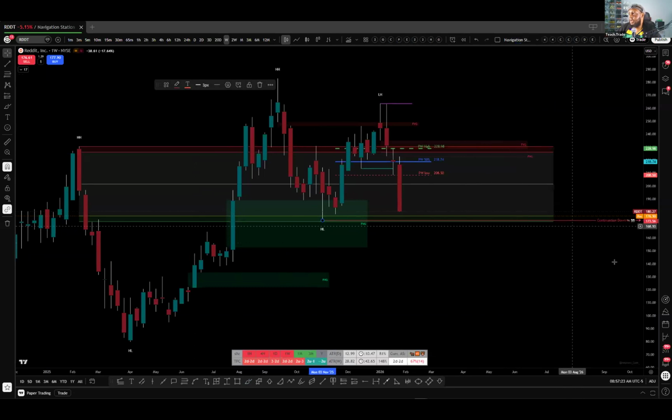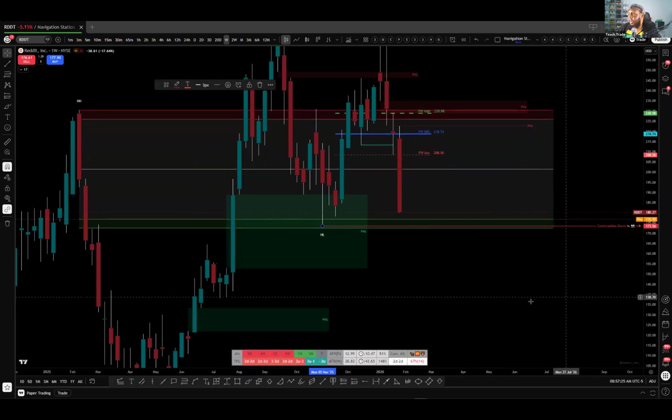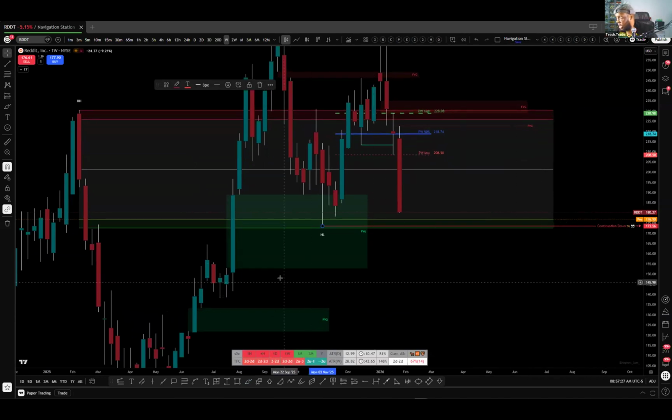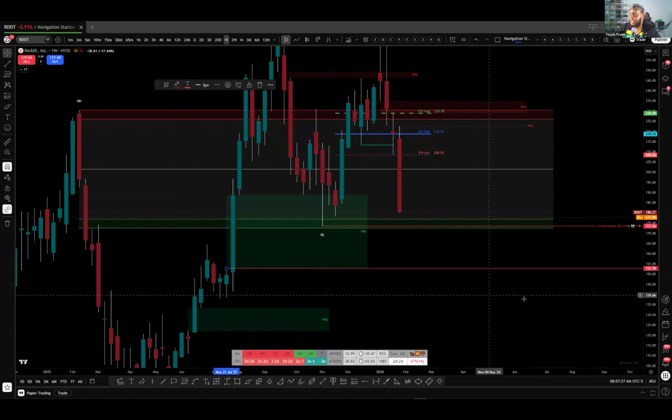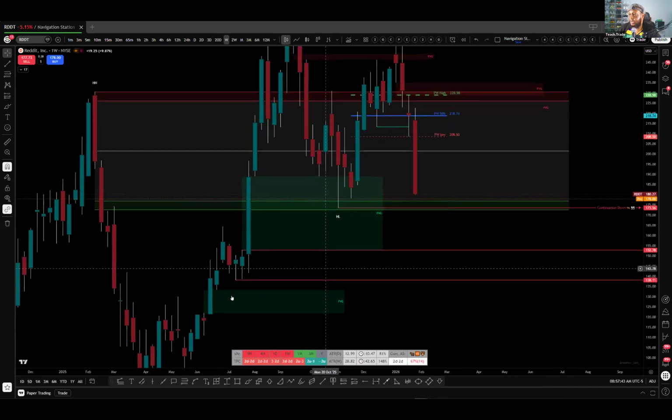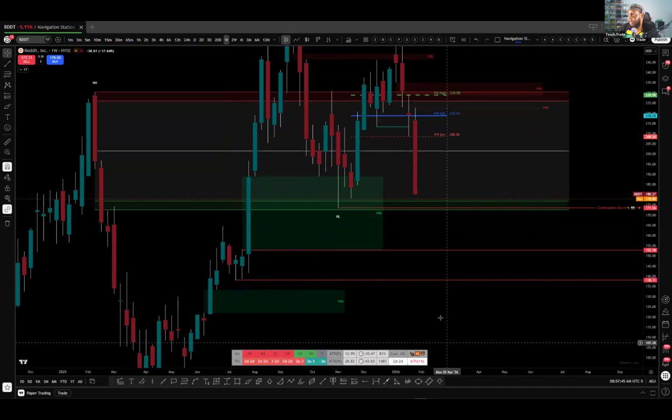So continuation down, above, below 173.56. The little peak of that M right there will trigger your entry potentially on that. And then we will be taking it to potentially fill this gap to 152